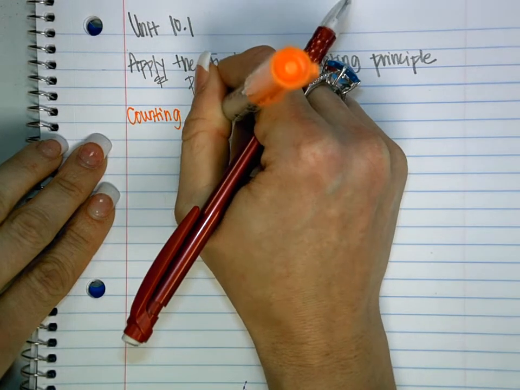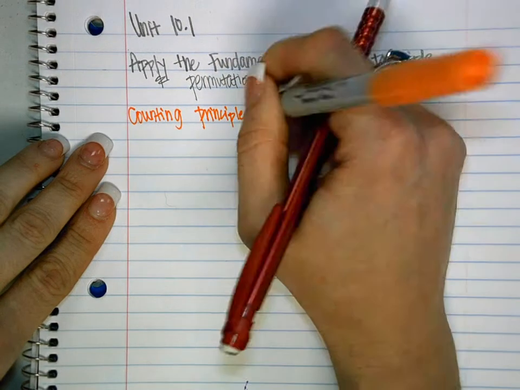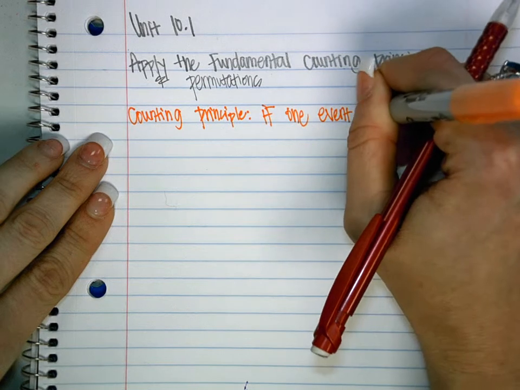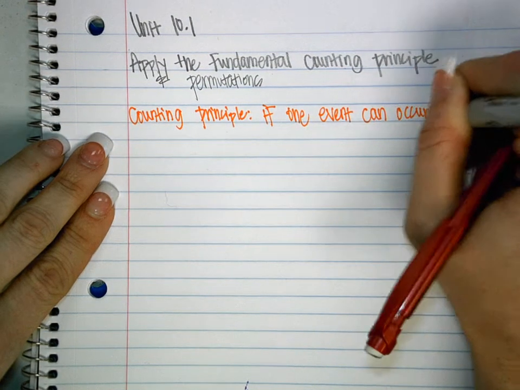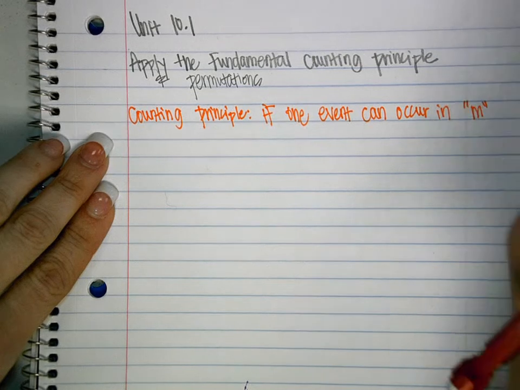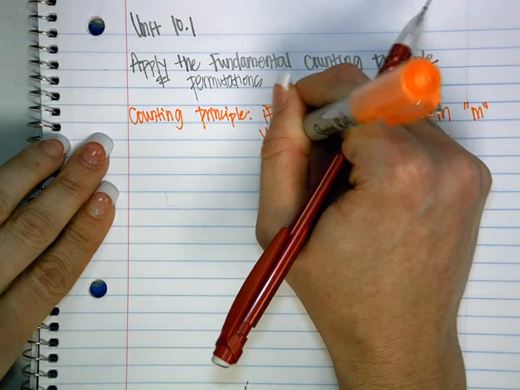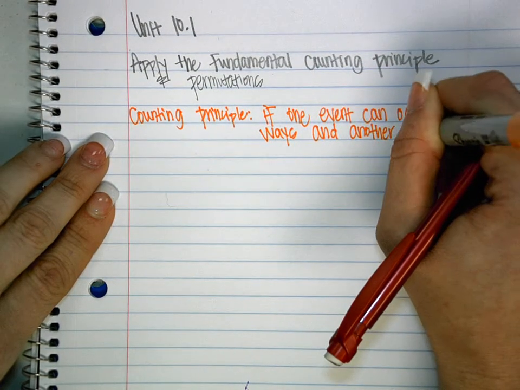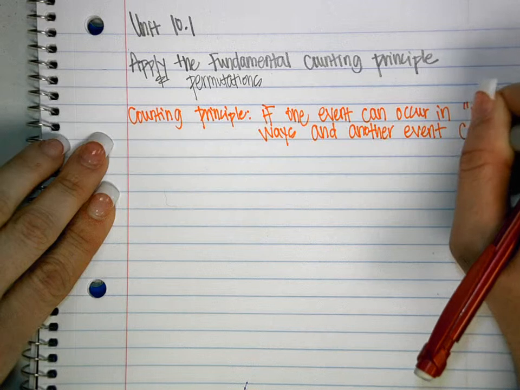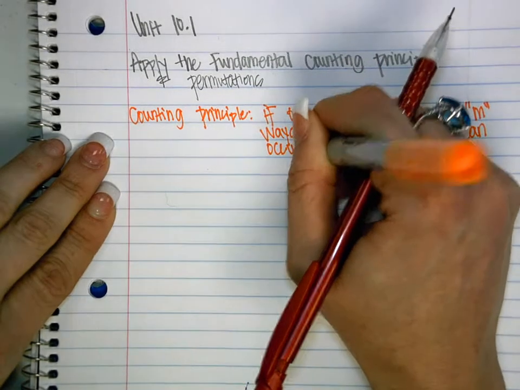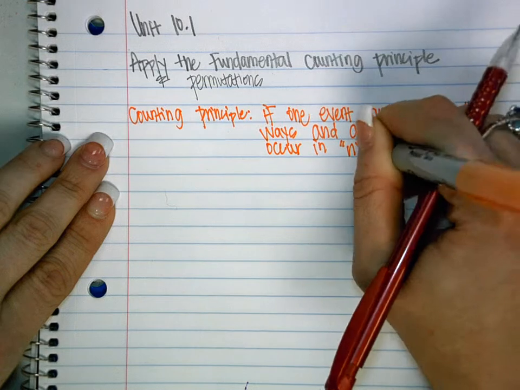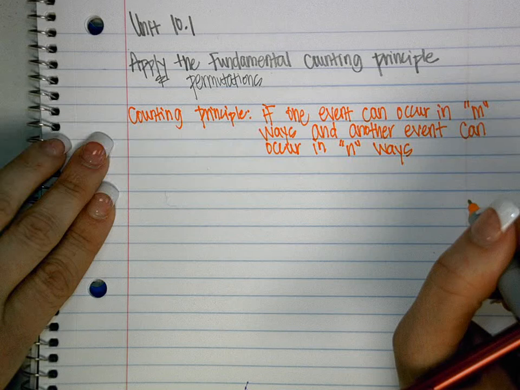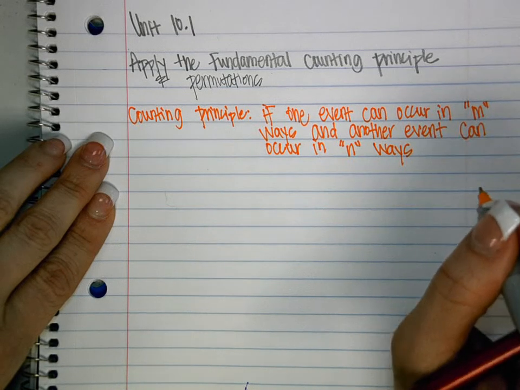The counting principle tells us that if one event can occur in M ways, and another event can occur in N ways,